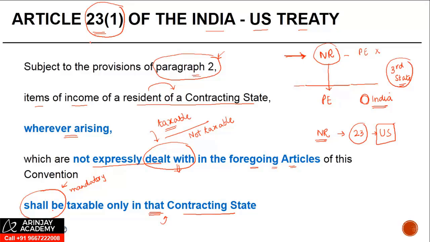Now, again, I'm mentioning here, the article number may be different, right? What we have used as Article 21, other income, is the standard one which is used. But since we are referring to some specific treaties, a different article may be used, right? In a nutshell, a non-resident deriving income from India, not covered, not dealt with actually, in any of the specific articles, shall be taxable only in the United States of America.